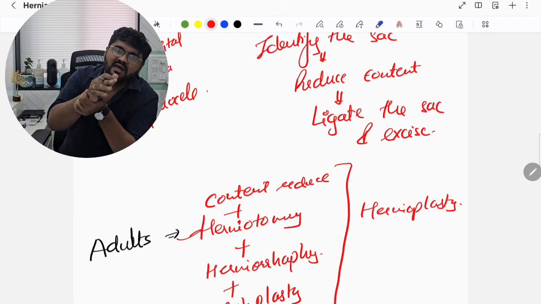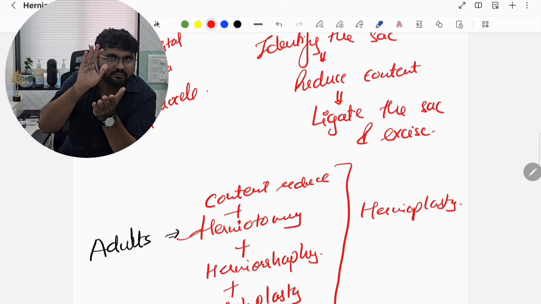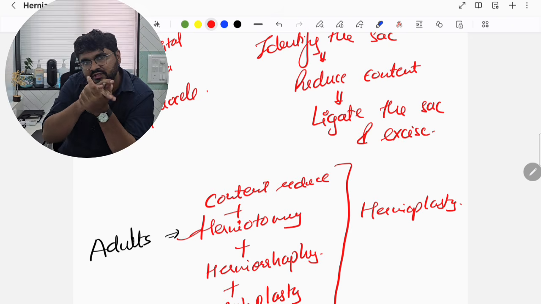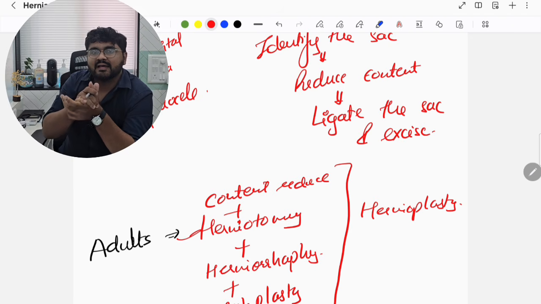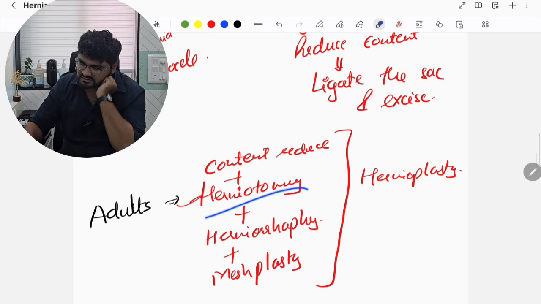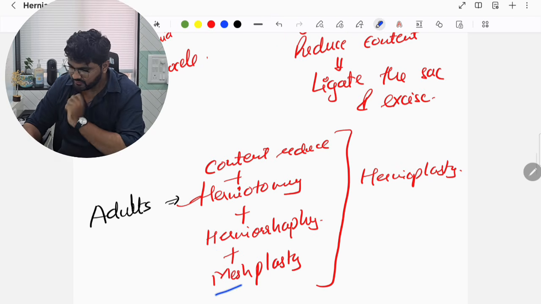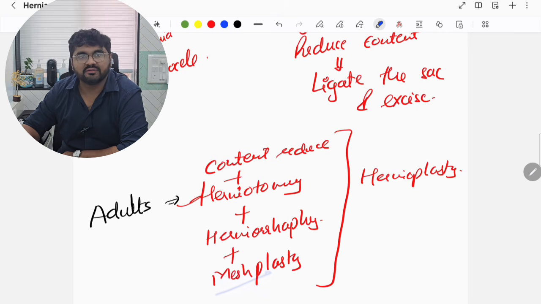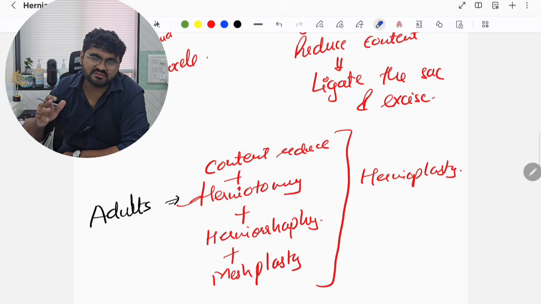So you take a mesh and suture it, Prolene mesh, non-absorbable mesh, you suture it with the posterior wall, reinforce it, and this is your hernioplasty. So your hernioplasty involves doing herniotomy, and even your mesh plasty, right? So this together